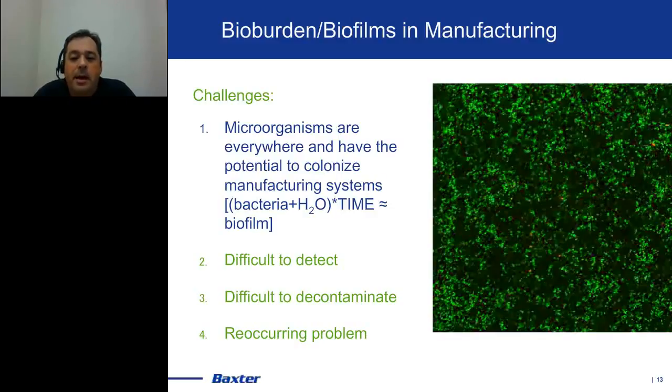Okay, so I'm going to be talking about some of the challenges, and there's really four that I'm going to be discussing. The first one is the prevalence of microorganisms in the environment and the potential challenges that creates. Despite being an engineer, I'm not going to be using any equations. The closest thing I have to one is right here. And it's basically if you have bacteria and water and you give it enough time, you're really going to have a biofilm form. Now, what that time is going to vary significantly with your system, which microorganisms are present, and the nutrients available.